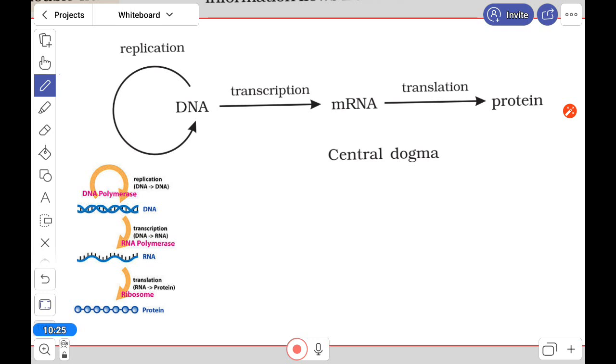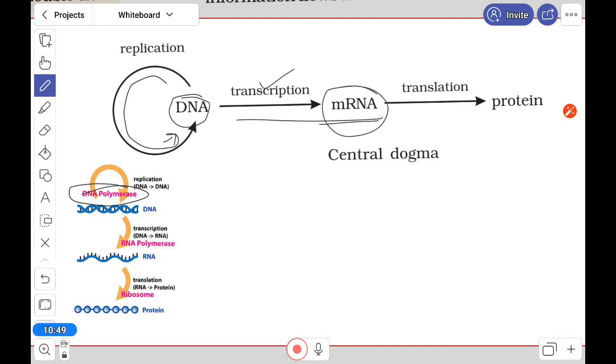Now, the central dogma in molecular biology means that DNA contains the information. DNA can replicate with the help of DNA polymerase, and it can make the protein, which is first copied by the mRNA in the process of transcription, which we will learn about afterward, and in the process of translation the protein is produced. So the capability is that the DNA can make the protein.